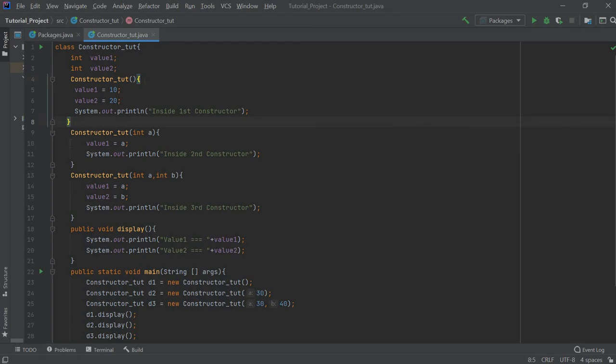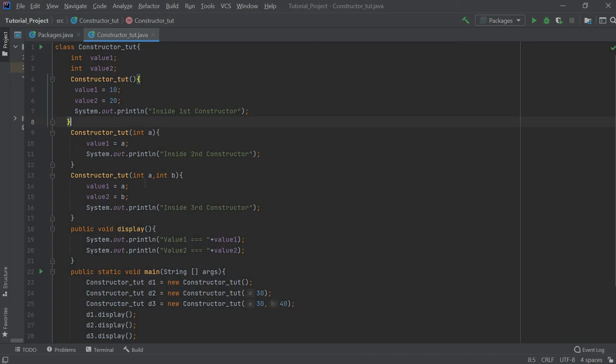So this is the default constructor, and here the opening parenthesis and then the opening curly brackets. Okay, so if you are going to create a constructor, the name of the class and the name of the constructor will be the same. So here also the name was same, and I'm going to create one more constructor which will be having a parameter, means this is the parameterized constructor. There is a parameter int a, which is a new variable which is initialized inside here. There is no a before that, and value 1 which I'm using from this again, and now I'm assigning a new value a, and again I'm writing a string inside the second constructor.